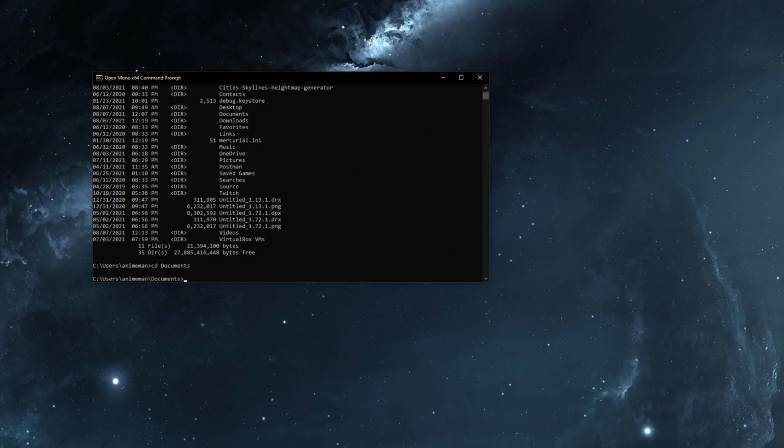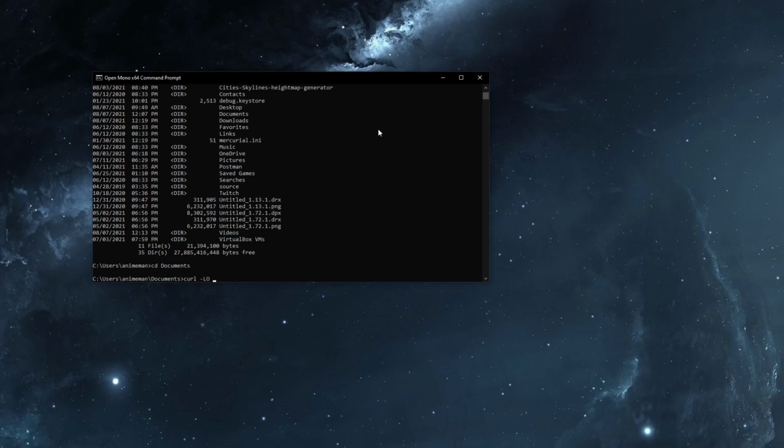So now, from here, we need to do what's called curling. And no, it's not the sport where they throw the big ice brick down and use brooms to move it around. It's not that. What curl does is allow you to fetch out to a website and pull data down, kind of like going to an actual website normally. So what we'll do is type curl